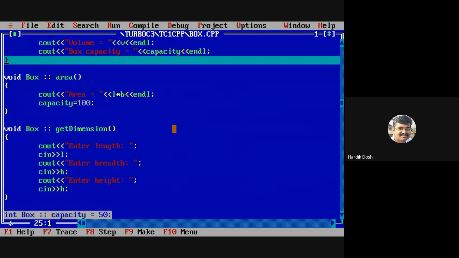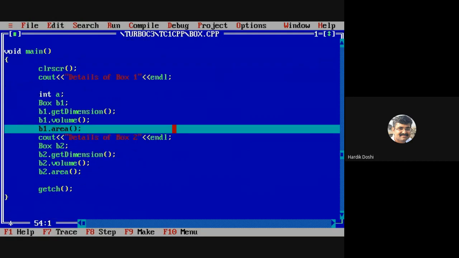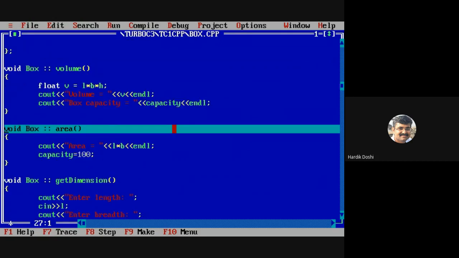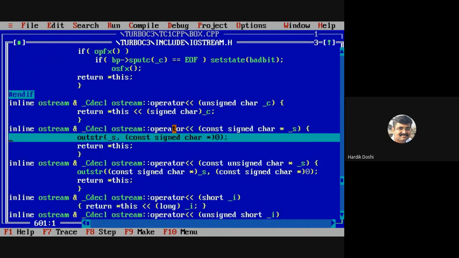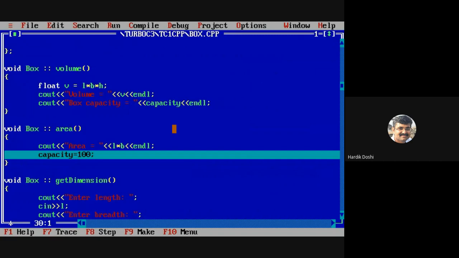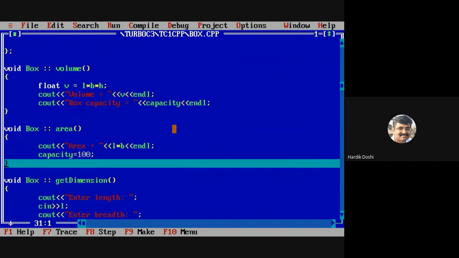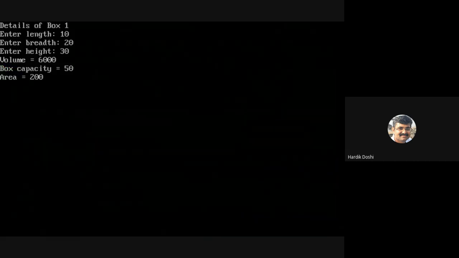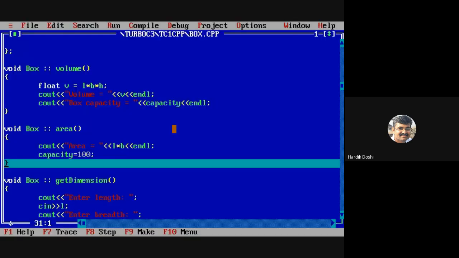Now we are calling the area function, calling area printed, and capacity we are making to be 100. Now let me show you the output. So area is 200, one box completed. Now we are changing capacity to be 100.